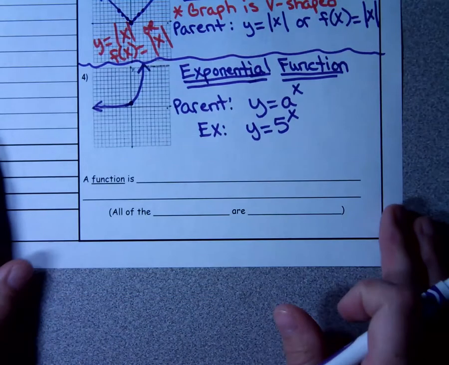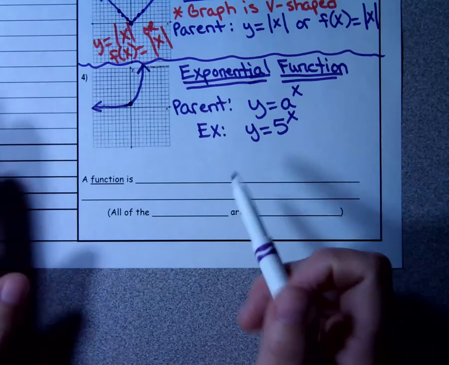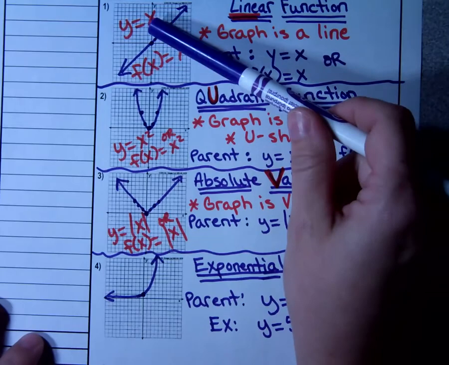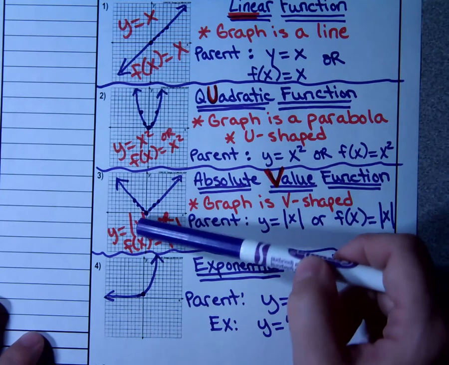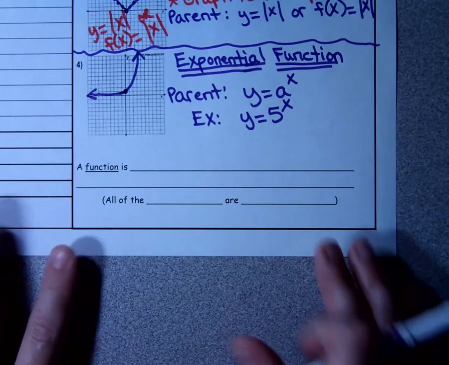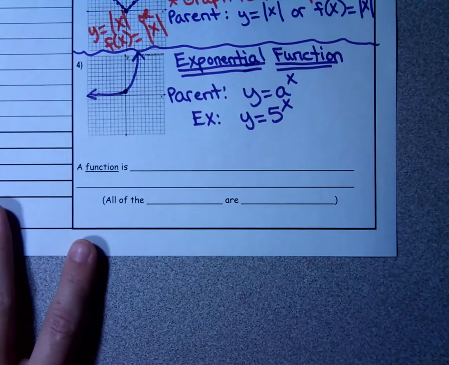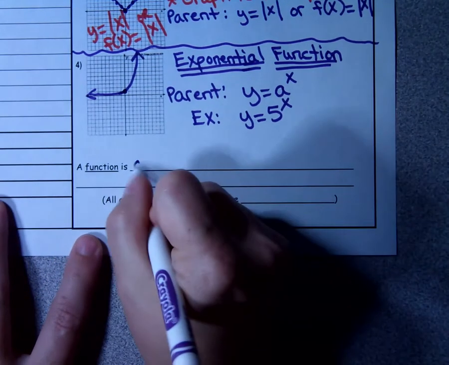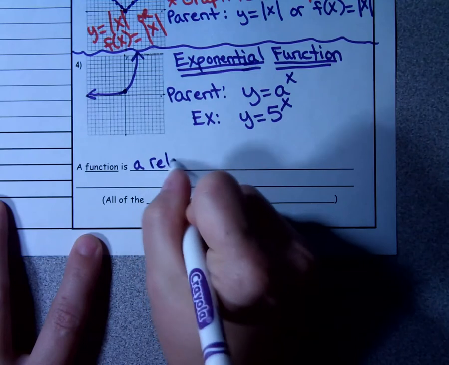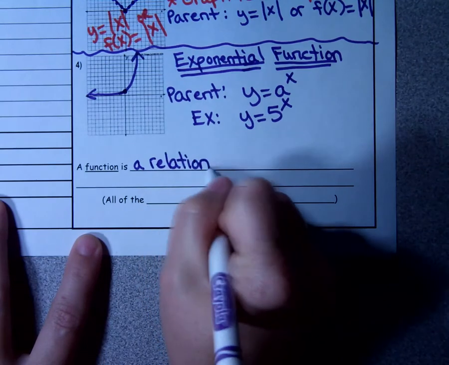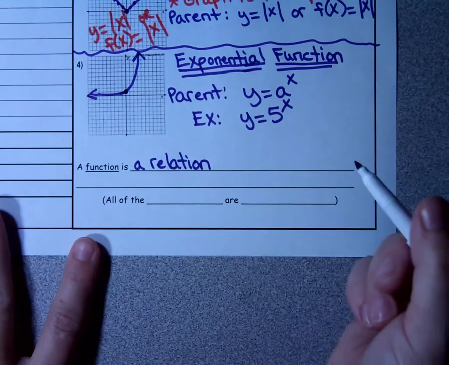Okay, so let's talk about what makes something a function. These pictures are all functions, and I'm going to talk about why they're all functions here in just a little bit. So, definition of a function. A function is a relation, which means a set of all kinds of ordered pairs